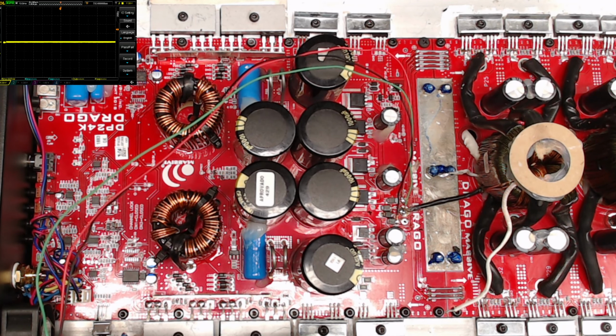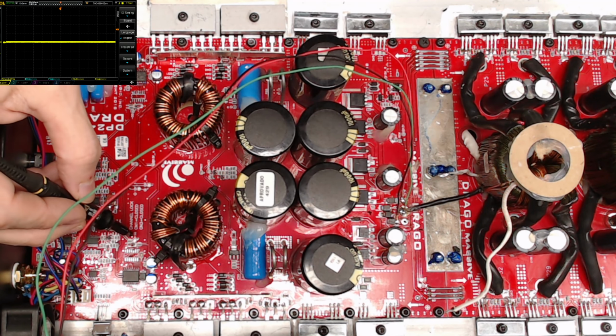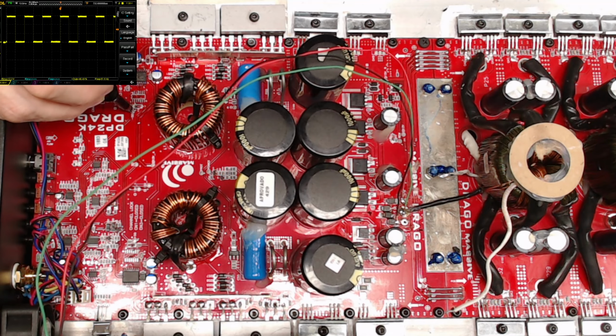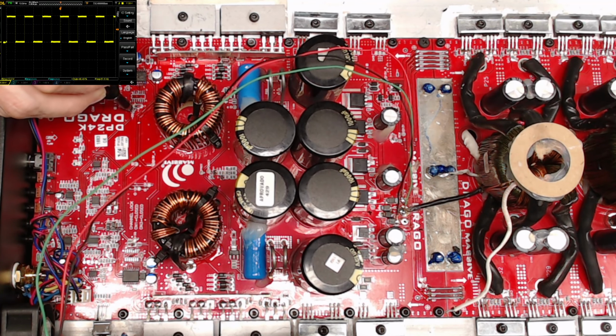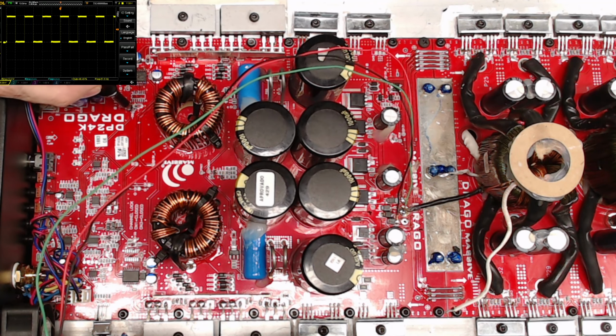So the preamp itself, is it fired up? Let's check and see. We have plus SQ and negative SQ. All right, so there it is. We do have a square wave. I have a 50 hertz input signal going in. You have to kind of oscillate this thing yourself. I haven't gotten far enough into this to know if the PIC supplies a signal to keep the drives oscillating or not. But we do have our square wave